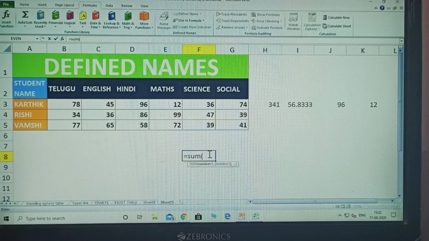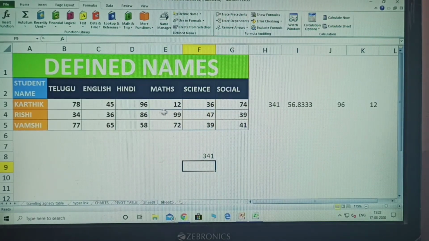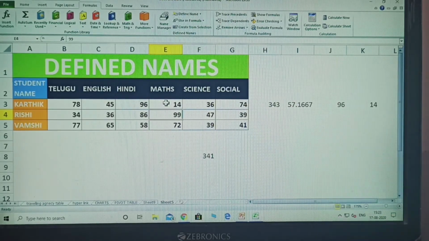Which person's sum? Rishi. Click Rishi, tab that one. That person's marks come here. See here, if you change this, the results are also modified. I am increasing Karthik's mark by 14. See, when the total changes, the average, maximum number and minimum number are also modified.